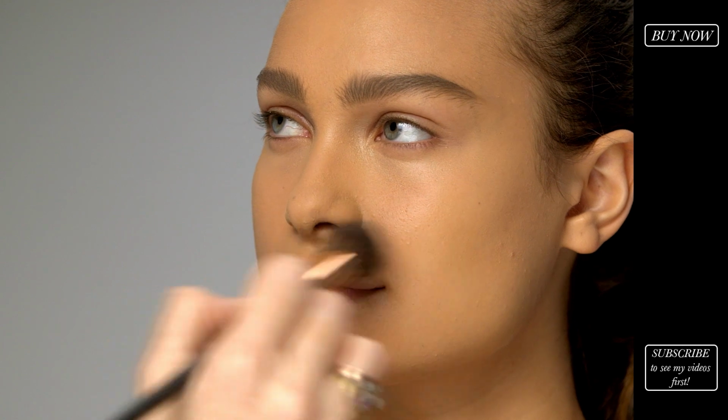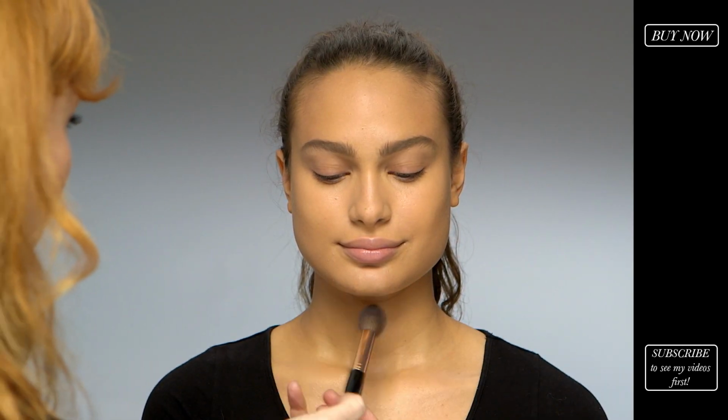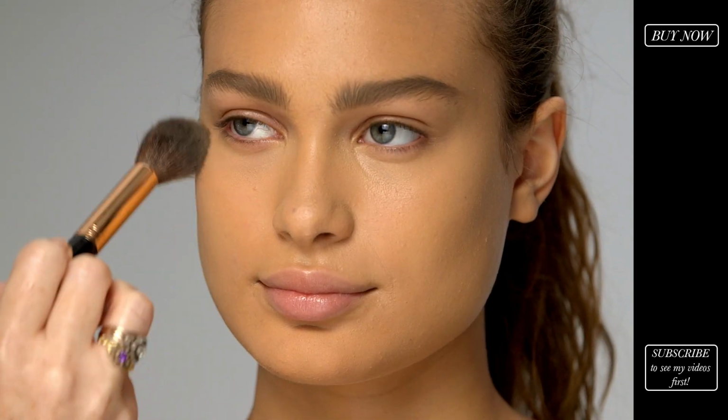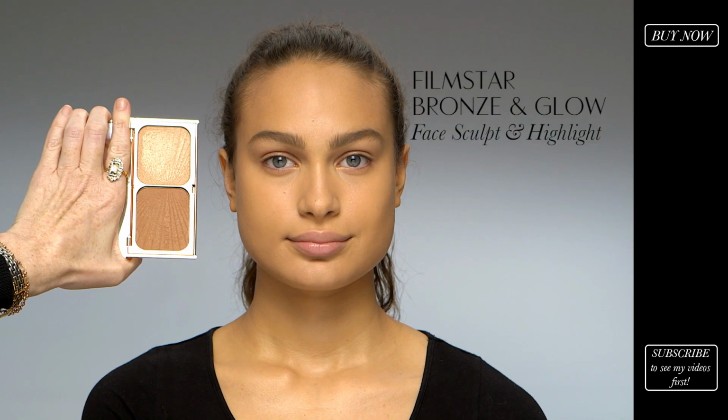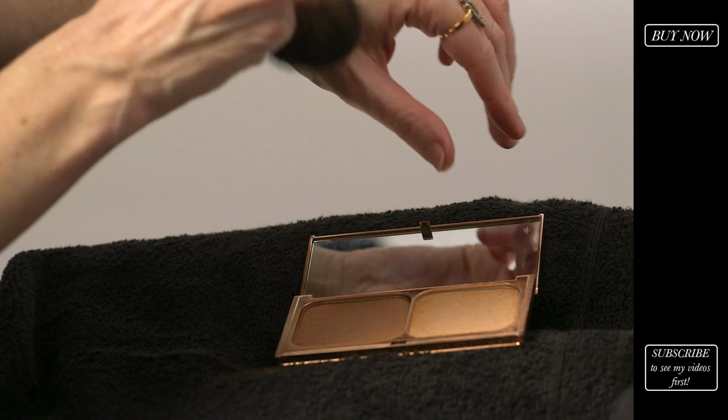This look should look really luminous and glowing, so we don't want to use too much of it, just a little bit to get rid of any shine on the T-zone. So now I'm going to bronze up the face using the Sculpt shade of the Filmstar Bronze and Glow, and I'm going to take my bronzing brush, dip it in the Sculpt shade, dust off the excess on the back